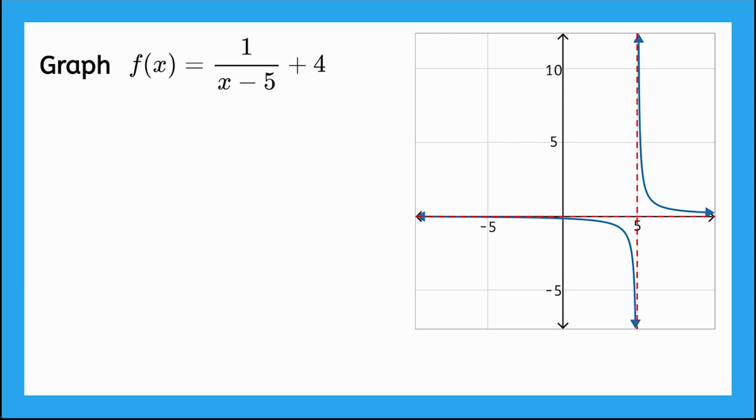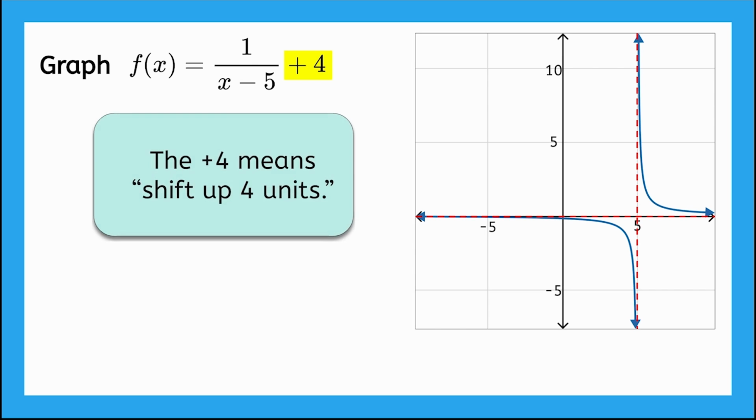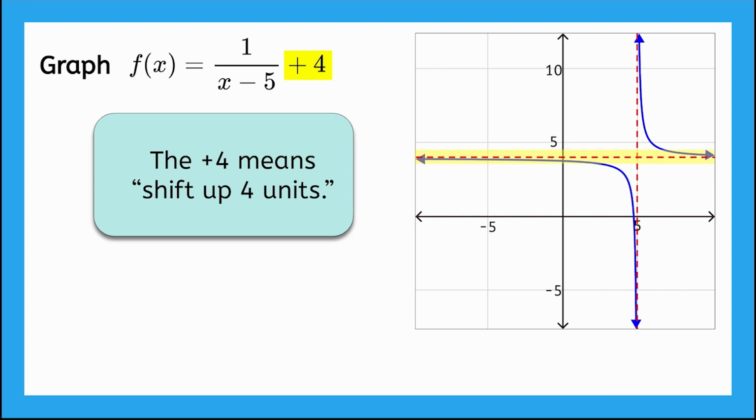Next, what happens to the function when we add 4 to it? Adding 4 to a function shifts the function up 4 units. That means that the horizontal asymptote will also shift up to y equals 4. There are no other transformations here like scaling or reflections, so the basic shape of the parent function does not